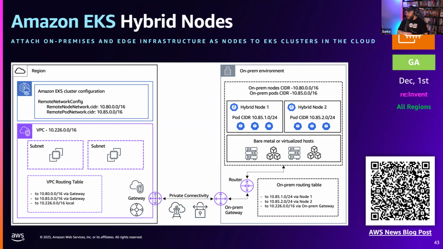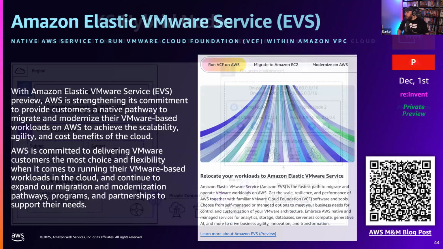Really cool. I used to actually do this in the past, not with EKS, but with ECS. I had an ECS cluster that would use ECS Anywhere. I had some servers at home, and I would have them be part of an ECS cluster. So you can do the same thing right now with an on-premises environment, with your nodes running on premises. You can manage them all through a cluster through EKS on AWS.